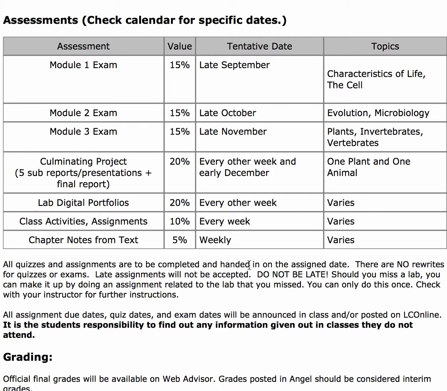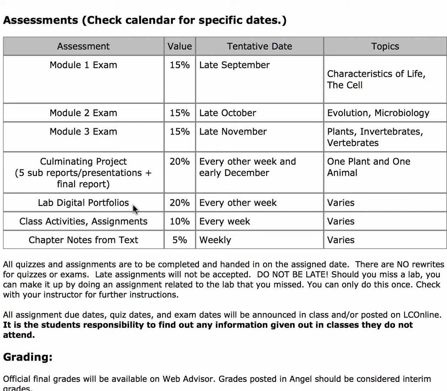I'm fairly a stickler on being on time with your assignments. I know sometimes things happen, but try not to be late. And I say in here, don't be late. If you do happen to miss anything in here, I do allow you to do 1 make-up assignment, not the exams, but 1 make-up, like say you miss a lab, and you miss the learning how to, or maybe you miss the Protease lab.